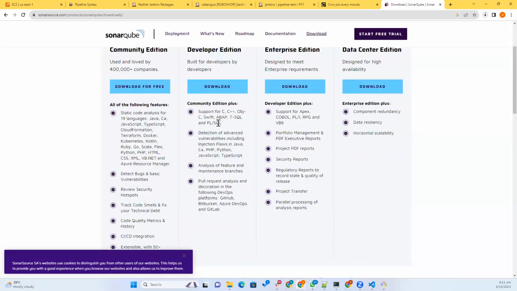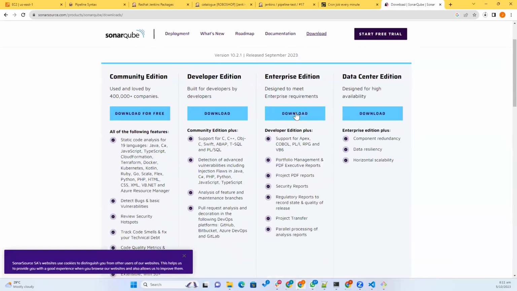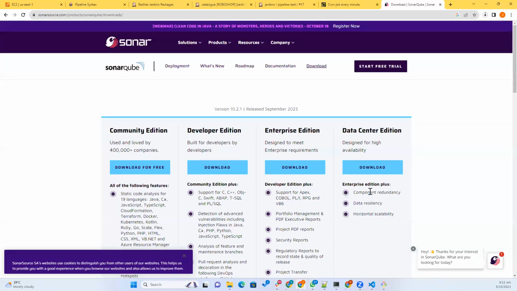You can have community edition, developer edition, and enterprise edition. This is a licensed one. Data center edition, they will install the SonarQube in our project data center or server. Okay. So the installation process is